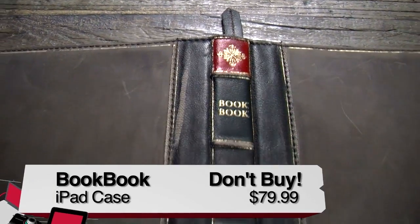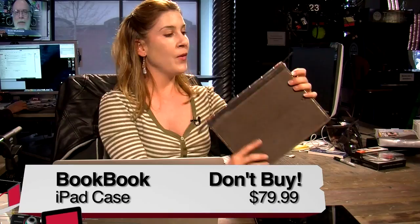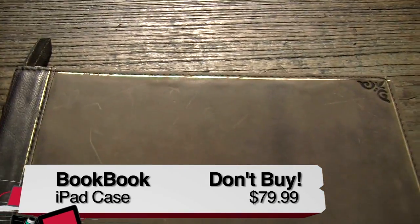This is my iPad 3rd gen. I still don't have the 4th gen. The 3rd gen is enough for me. I've used the smart cover since smart covers were introduced, so it's got some wear and tear, and I've been really happy with it. You know, I guess I fear change or something. And this looks like an old book. The book is, get ready, hold on to your hats,